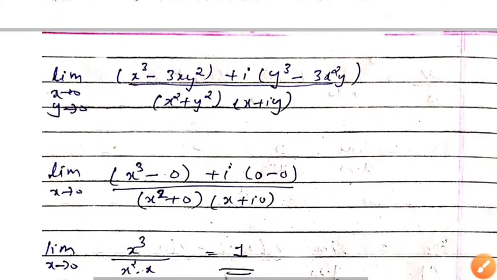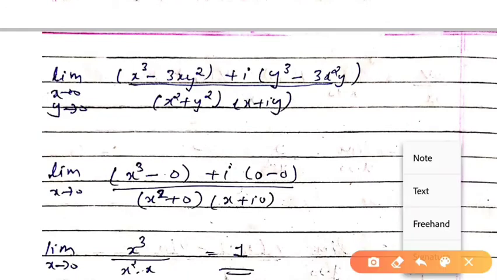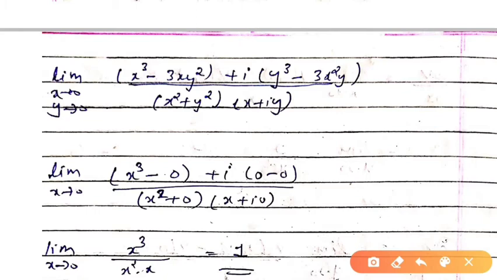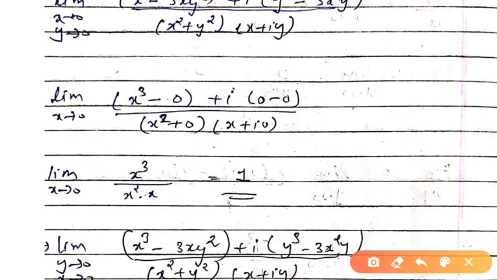So now you have to first find the limit. See, if the limit does not exist, you can say that the function is not differentiable. So we will take the limit in 4 steps. This is our step 1. We have discussed this in the portion on limit and continuity. So first we will take step 1, that is x tends to 0 and y tends to 0. We will put y equal to 0, so all these terms will become 0. So you are left with x cube upon x square into x. So again this will get cancelled and you get your limit as 1.